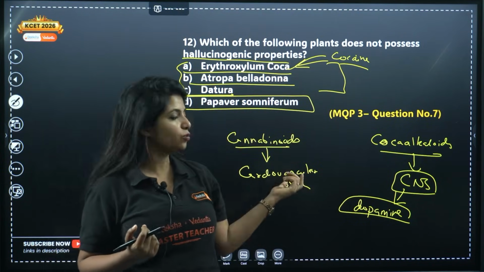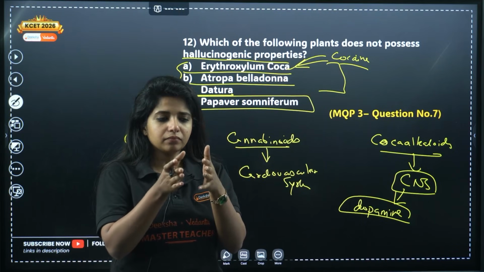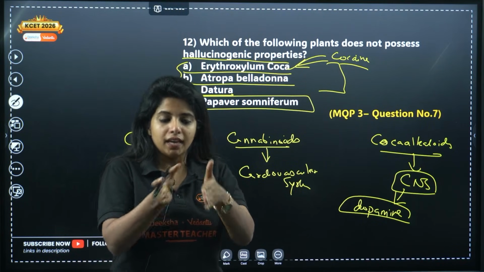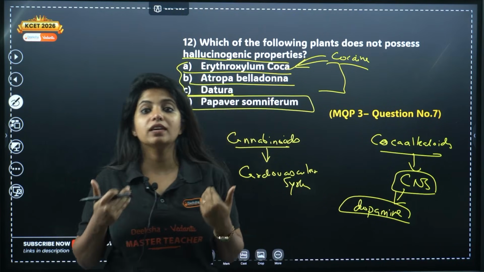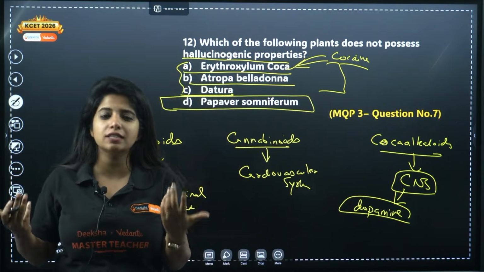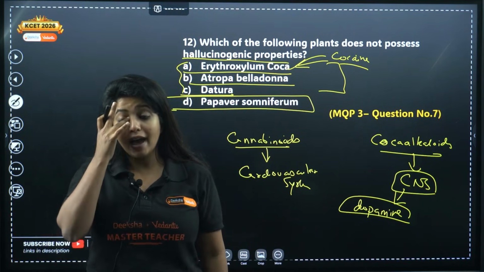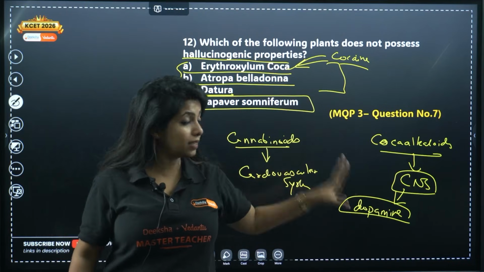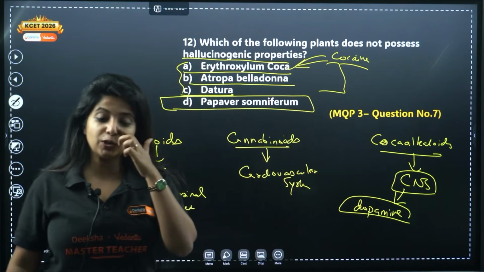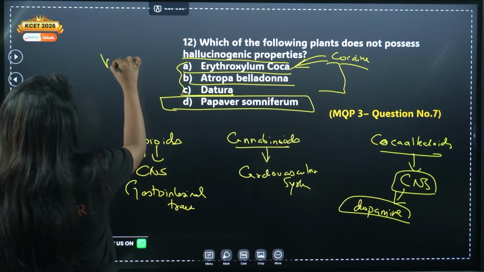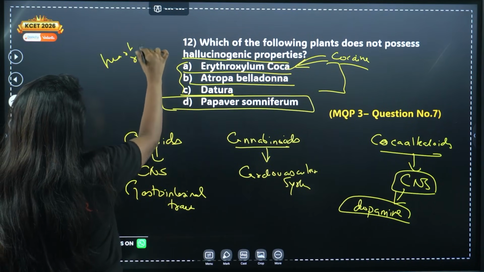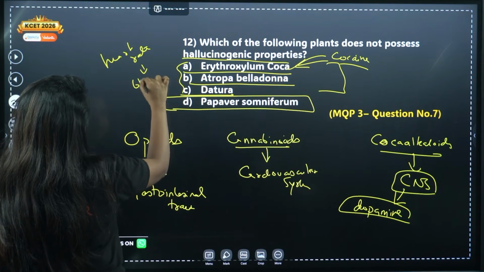Now, what it does is that it basically makes the dopamine be in continuous motion. Dopamine is being released, which is why we get a sense of euphoria. We are intensely happy, and also it leads to hallucination. So this is the thing. And always remember, if you get a question that there is some drug which basically increases the heart rate, heart rate, blood pressure, everything.